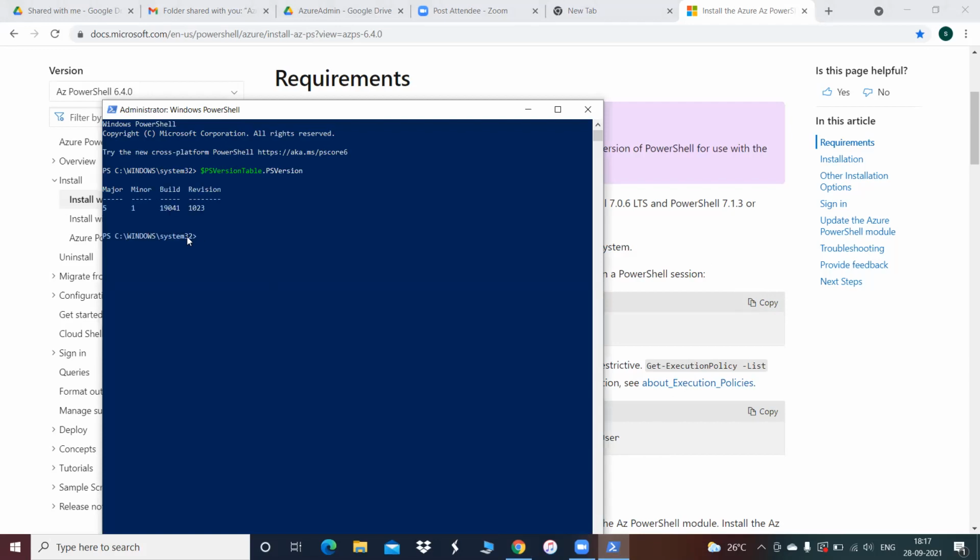Can you see here? Currently he is using 5.1, that is major is 5 and minor is .1. Forget about the build and revision versions, but you're good. So you're using 5.1, so you're eligible to perform the installation of these AZ modules. Great. So this is one of the prerequisites, and in addition to that, go to that prerequisites window,